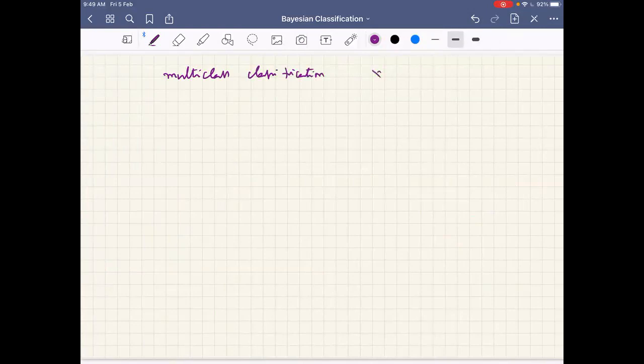So in a multi-class classification problem, X belongs to omega I if P of X given omega I is greater than or equal to P of X given omega j for all classes, j equal to 1 to C, considering the C classes we have considered before. Fine, this is the decision rule.